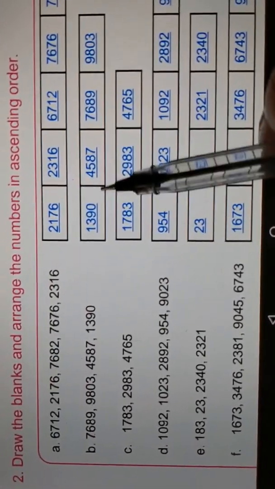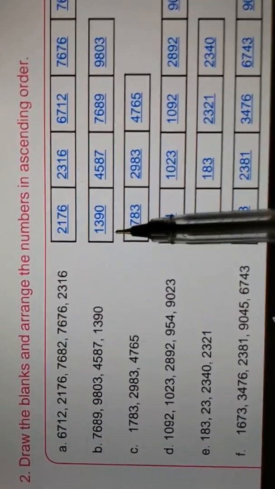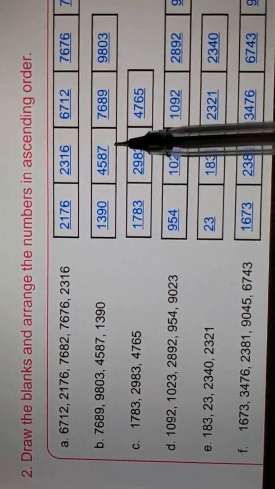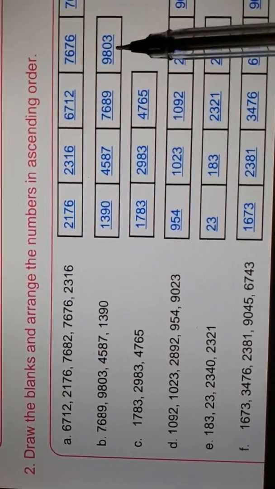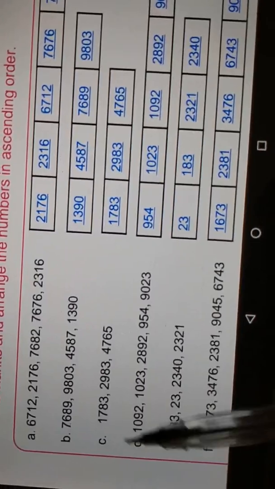So we have to draw 4 lines. 1, 2, 3 and 4. 4 lines we have to draw. Then we have to write 1319, 4587, 7689, 9803 is there. Got it? Then